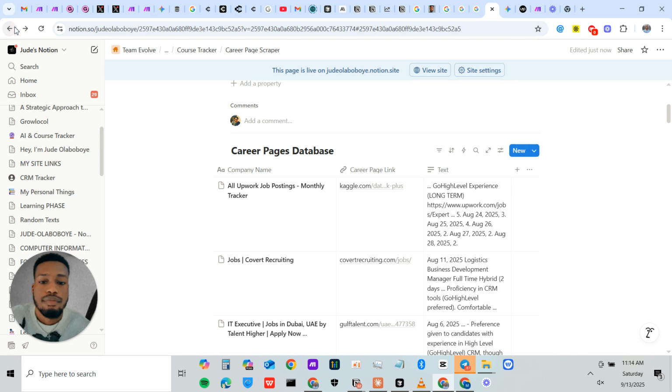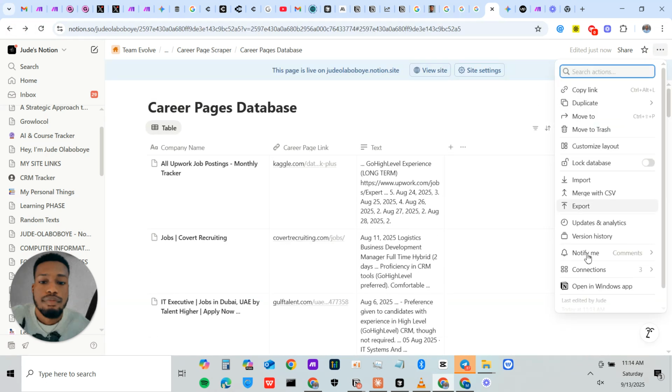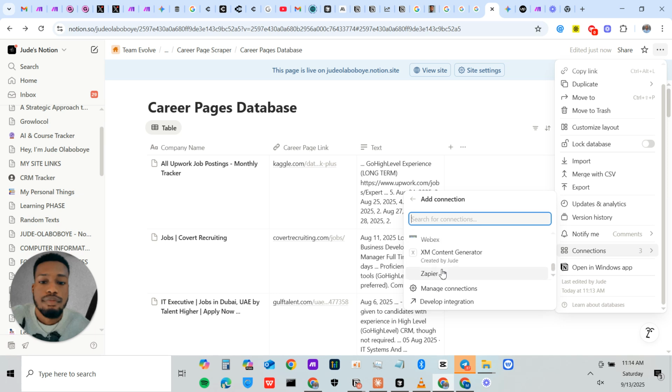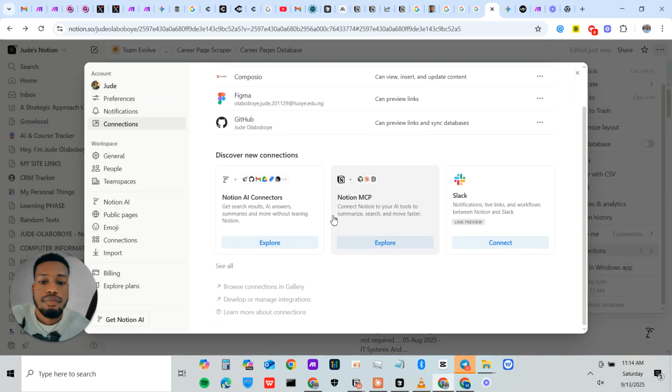let's go back. This is our database. Once you have this in, you go to the three dots. You see I have it connected, and you're going to click on add connection. When you go to add connection, it's going to tell you manage develop. There's manage connection here. Then you have this page here. You now develop and manage integrations. So you get sent to a page where you just set things up easily,